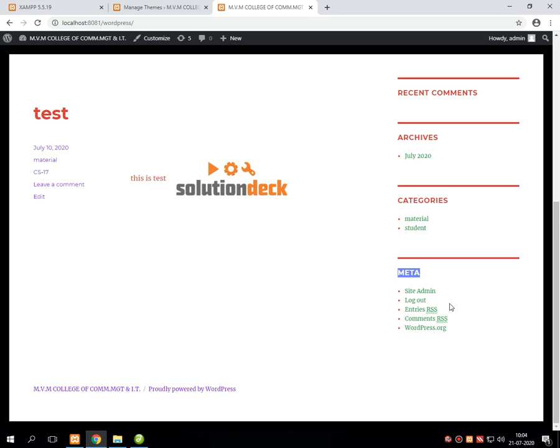Students, it is not at all compulsory to have a sidebar in the theme. It depends on the requirement of the project that you are implementing, and according to that we need to go for sidebar.php.